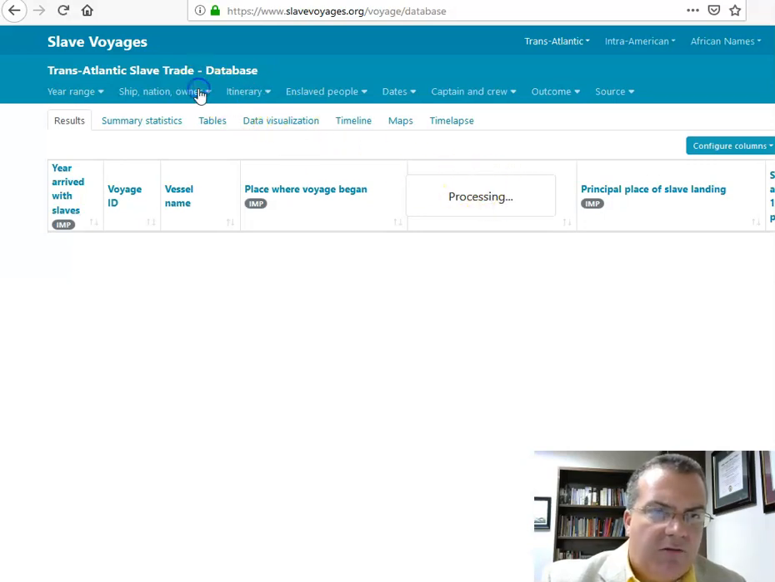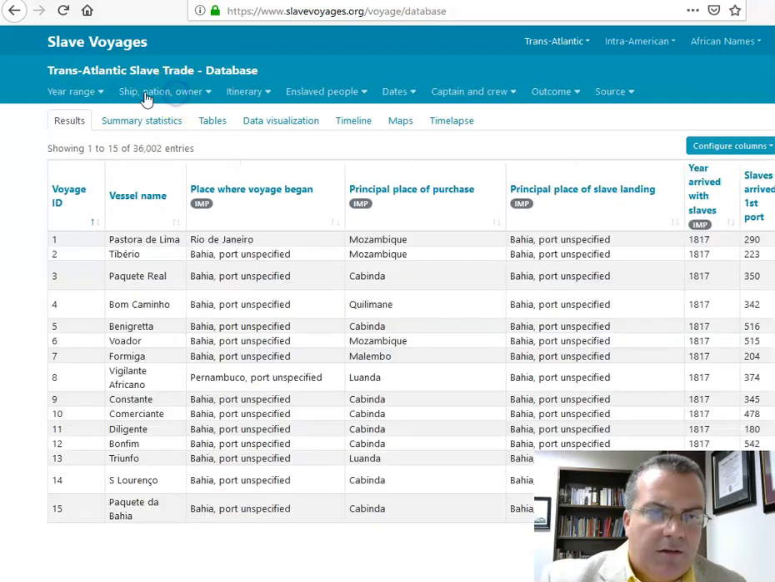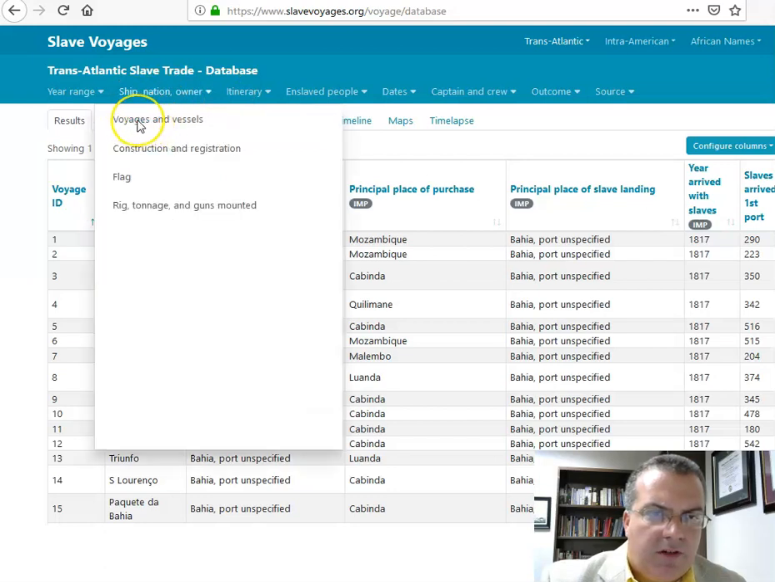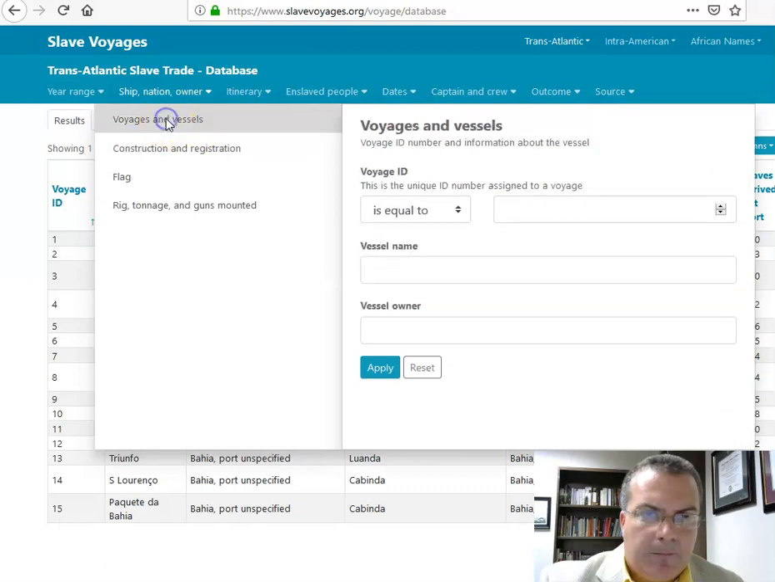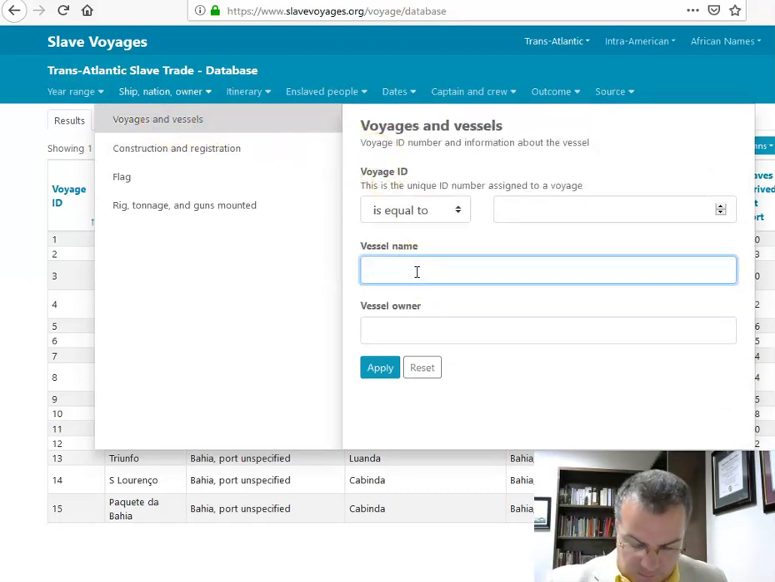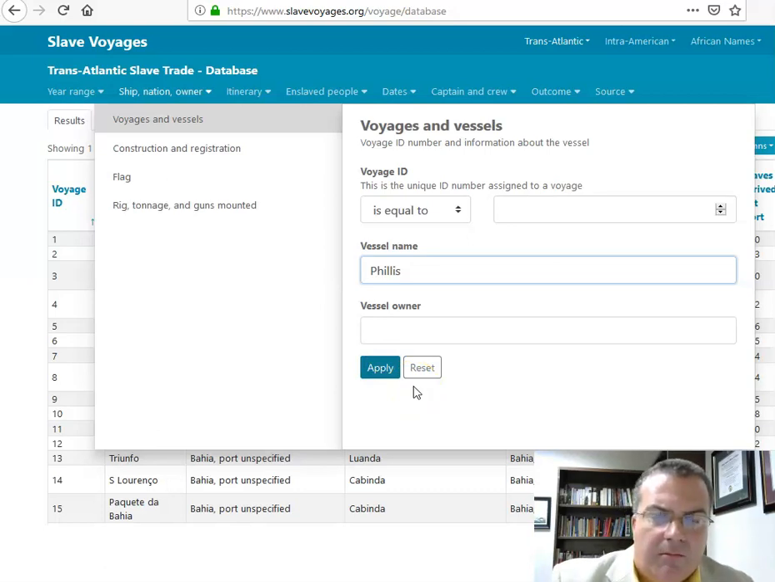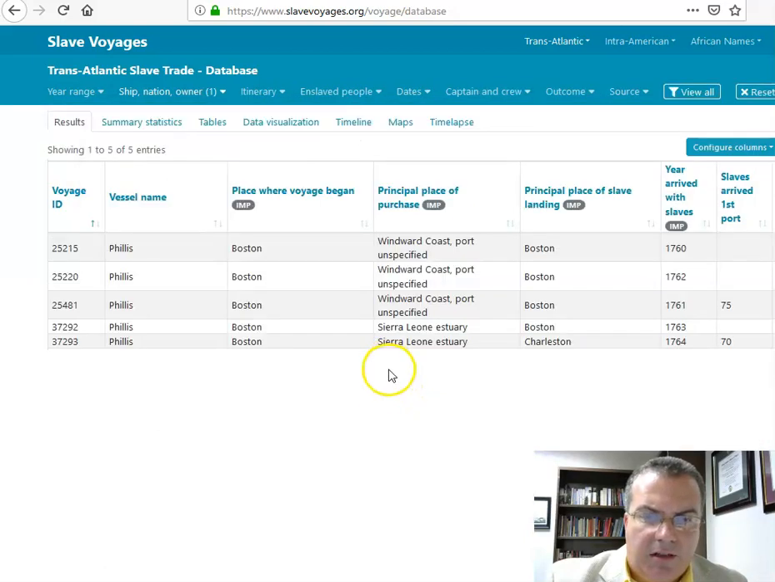If we click on ship, nation, and owner, and click on voyages and vessels, give it a moment to load up here, and click on the vessel name. If I type in Phyllis and hit apply, we should get several returns here for the name of slave ships that were specifically named that, and here we go. We have 1, 2, 3, 4, 5 vessels that come back as returns, with the vessel name being Phyllis,